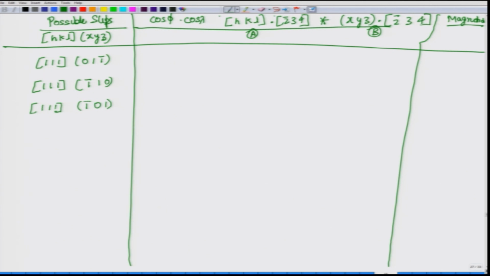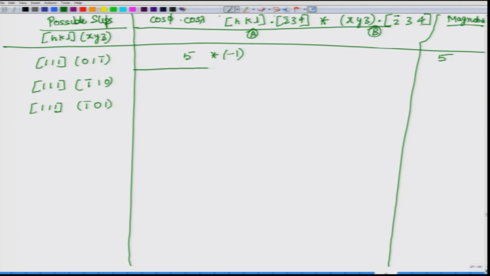This is not all, we will go to other systems, but first let us find out the cos phi and the cos lambda term. You have to multiply 1 with minus 2, 1 with 3, 1 with 4 and add these. So, 4 plus 3 minus 2, this becomes 5. You do the same thing over here for 0 bar 1, replacing x y z by 0 1 bar 1 and doing the dot product. This one gets nullified to 0, and this is 1 3 3 into 1 3, 4 into -1 -4. So, the net is -1, and therefore this is equal to 5, but we are interested only in magnitude. So, it comes out 5.